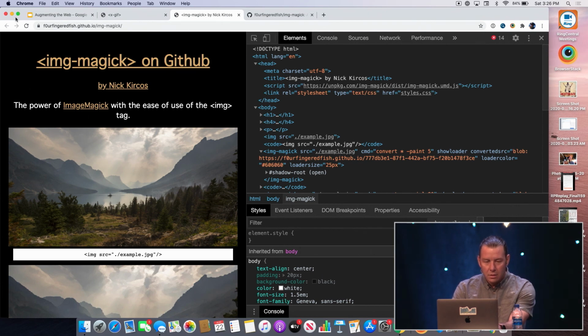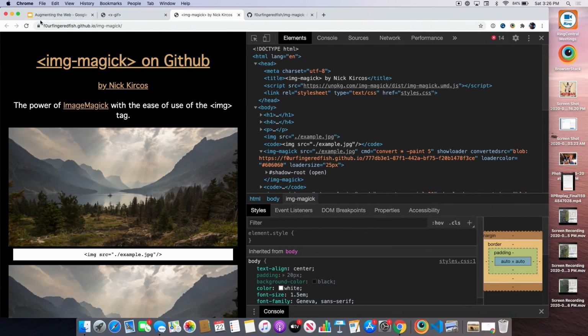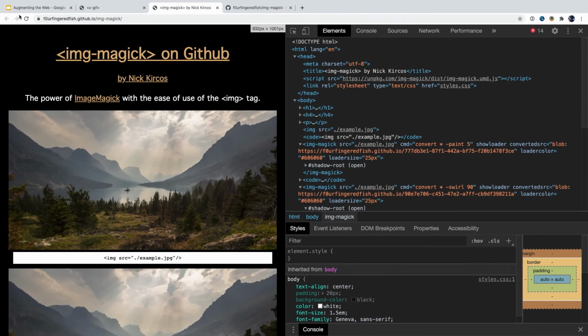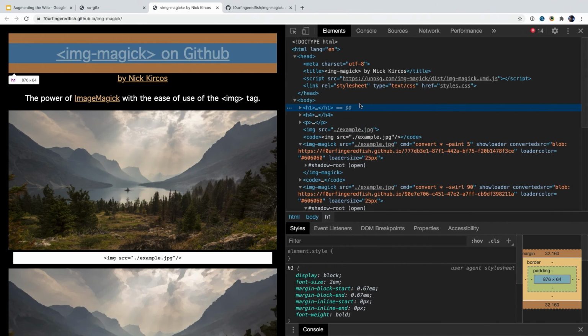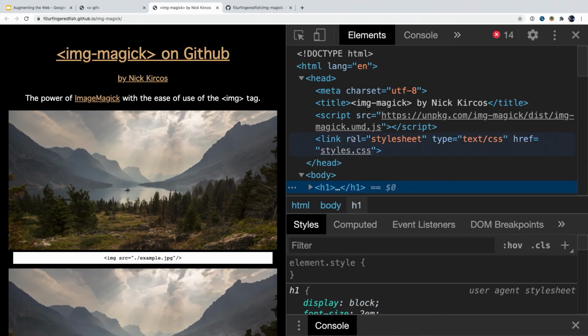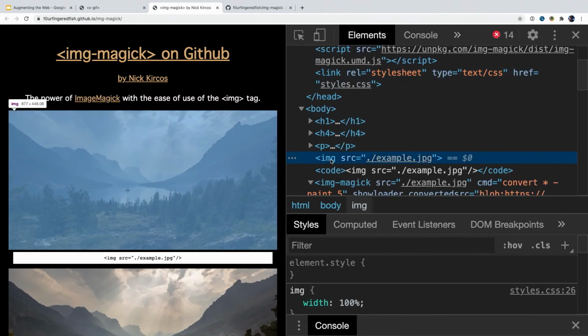Here is, let me make this bigger. So this is a demo. At the top here, I don't know if I should make this even bigger so people can read it. At the top here, we just have your regular old image tag.